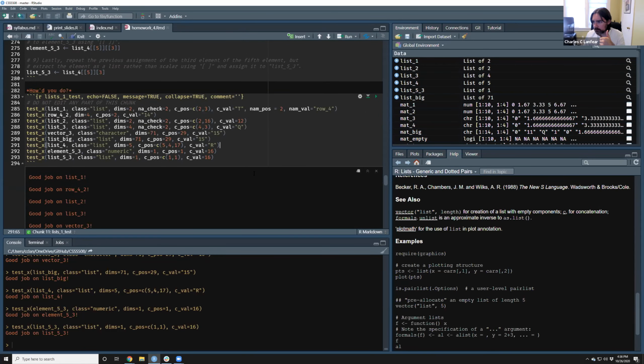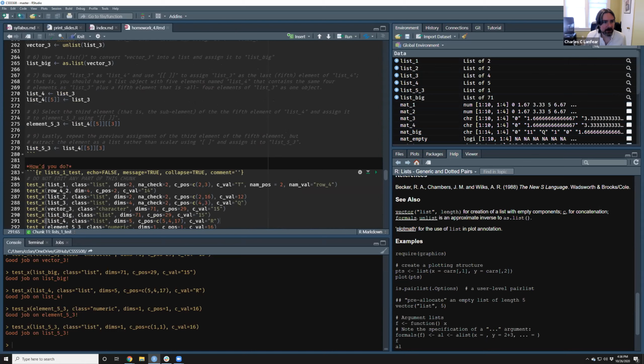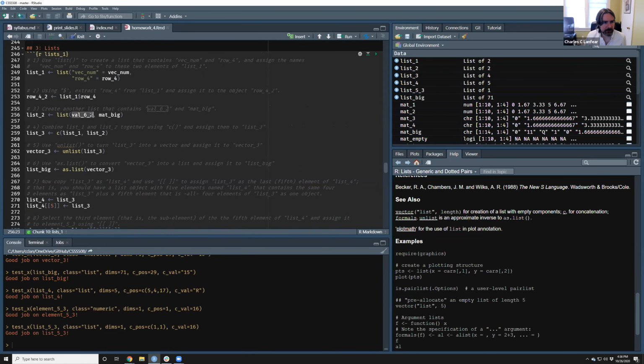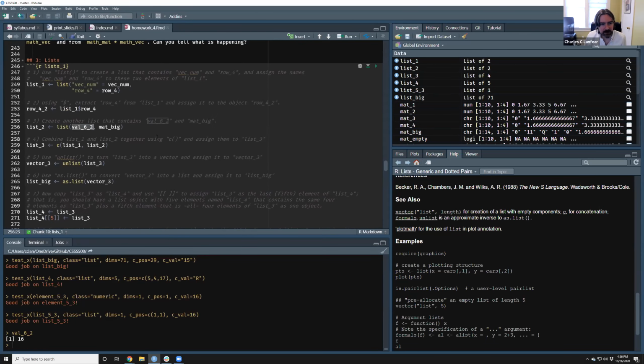Still saying it's the wrong object class. So, oh, your check is saying the wrong object class? Ah, for element 5.3. Okay, so most likely, let's see, element 5.3 is number 16, which is coming from val 6.2.